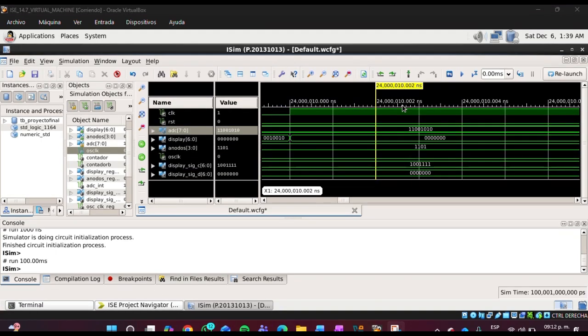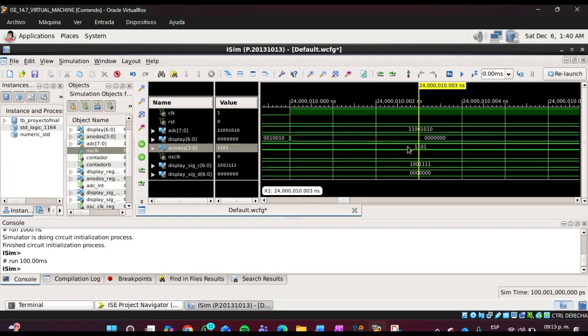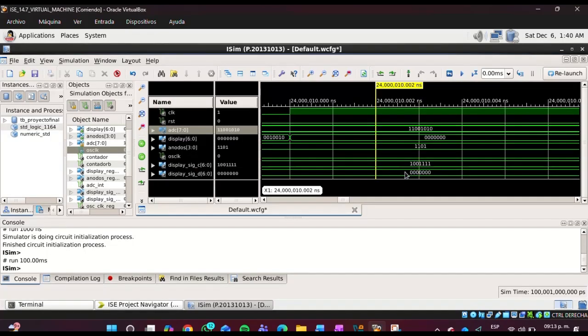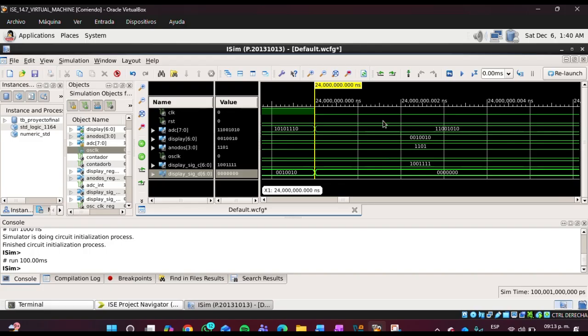We have the last case of our ADC. We are at 180 degrees, so we have an integer value in our ADC of 202. We are showing the tens display, so we have the same in the display output and our display signal. We have a 1 in the hundreds and an 8 in our tens signal. So we are going to analyze the